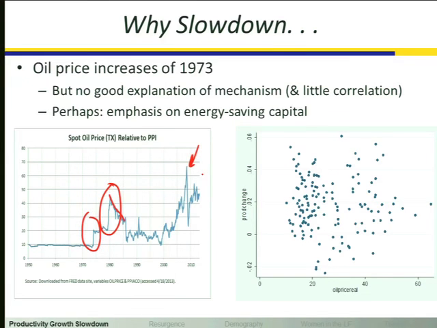Our first experiences, as you recall, with $4 and $5 a gallon gas. So what I did in the chart on the right was look at the change in the productivity growth rate relative to the price of oil. If the argument is that when oil prices are really high, that's going to lead to types of